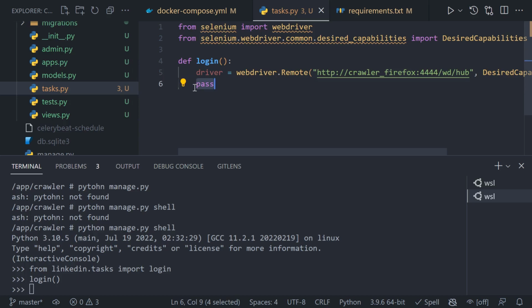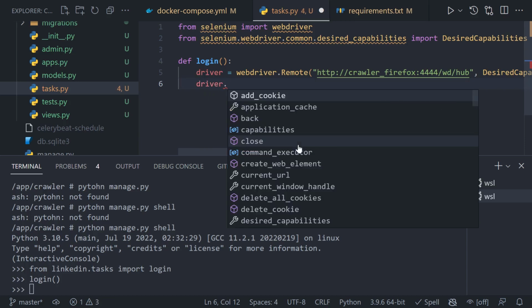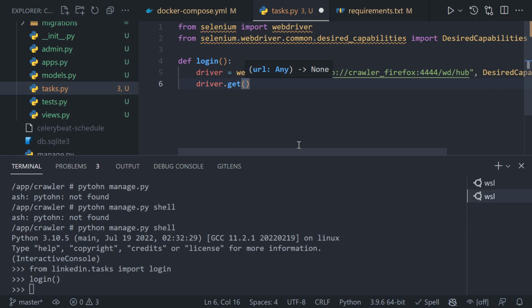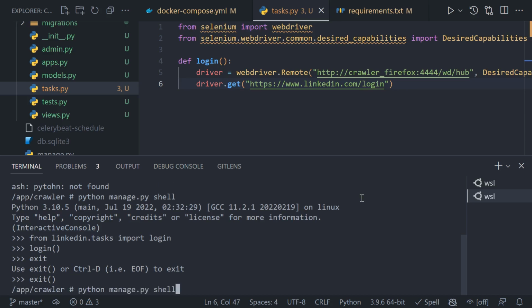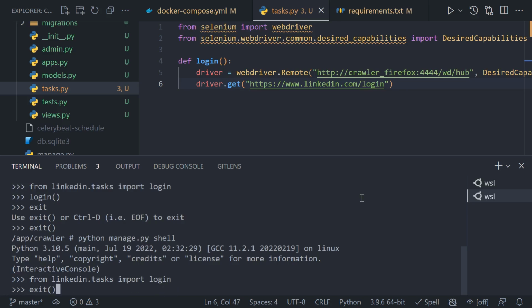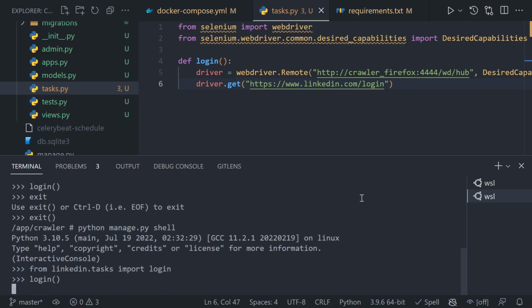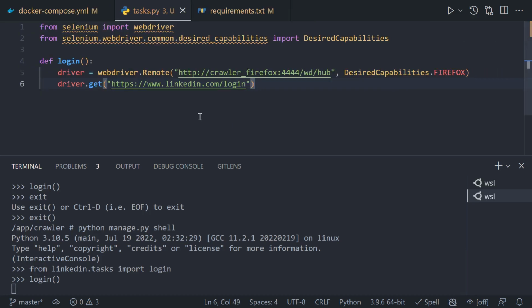Now I want to go to the login page. So the login page is https://www.linkedin.com/login, and let me run it again. Okay, so